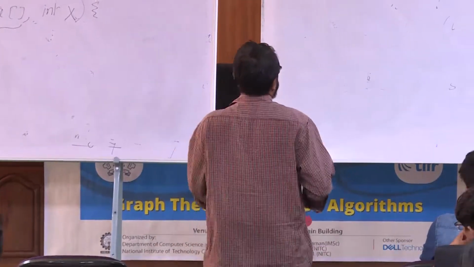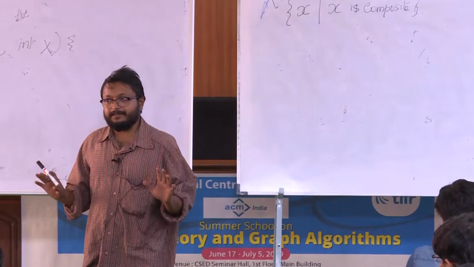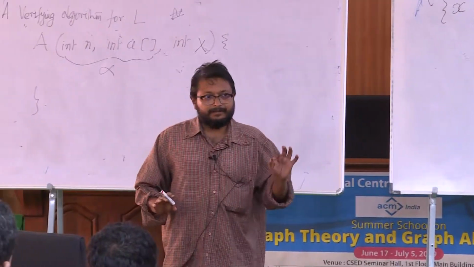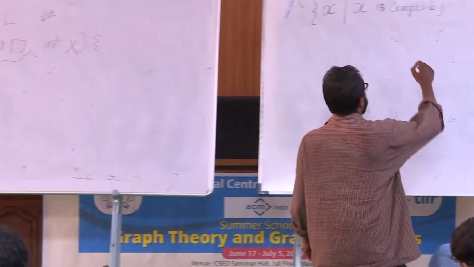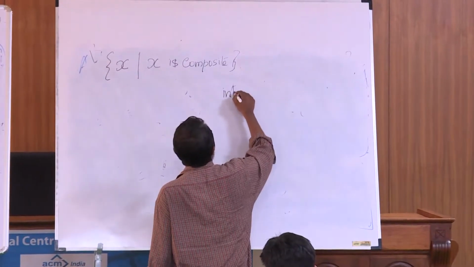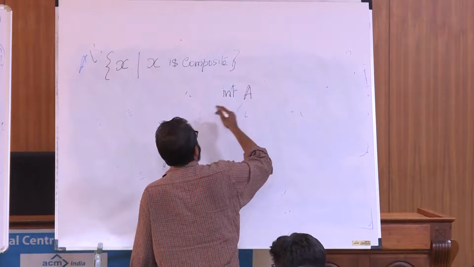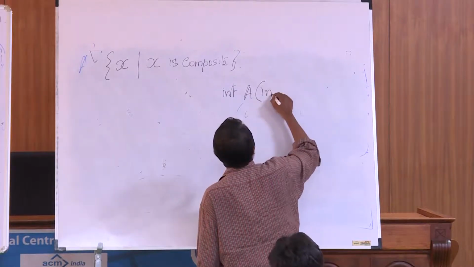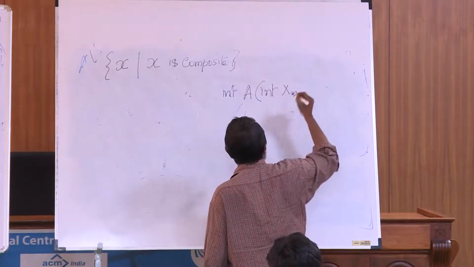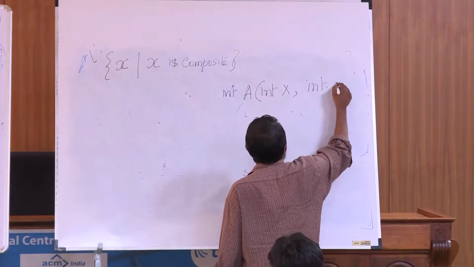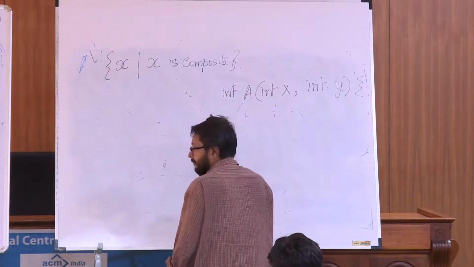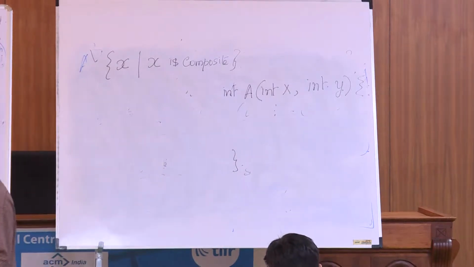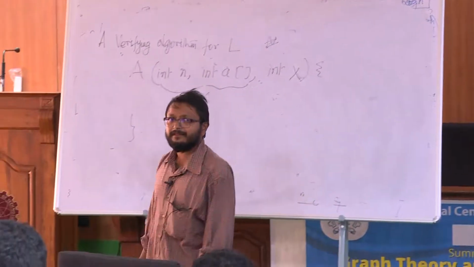So the moment this question is asked, you have to think of having an algorithm. So a verifier is an algorithm which returns true or false, a Boolean value. One is the input x, you also have another input, which turns out to be an integer y. How should the verifier look like?